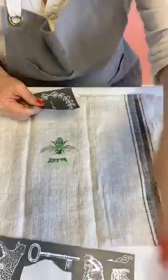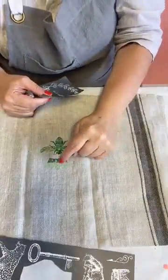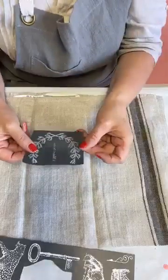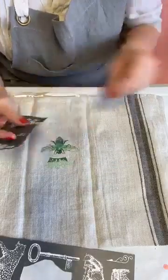All right, so I'm going to show you this one more time, then I've got to get off. So let me just show you. I'm going to turn this around down here so you can see my bee. I may come in here just a little bit and add a little bit more detail, but I'm loving the gradation of that. So my laurel wreath,